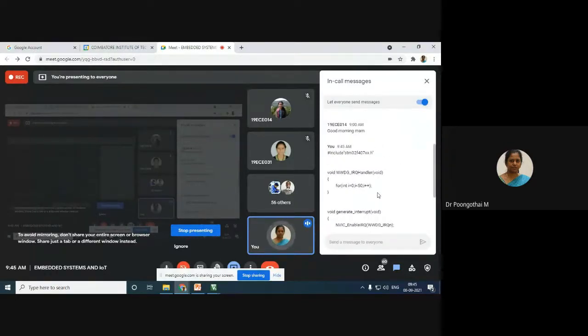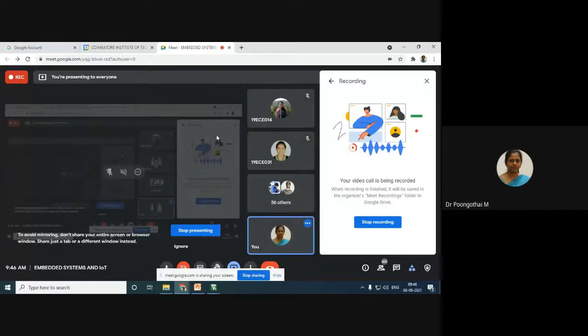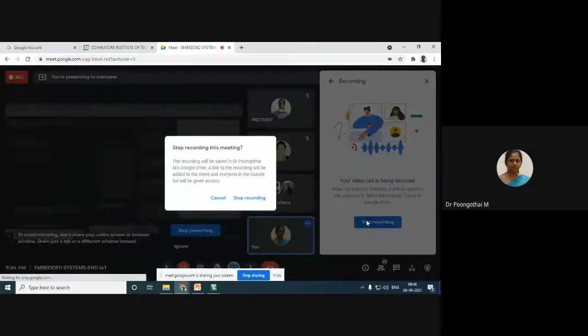Please note it down, it's a very important application. Using software, we can generate a particular hardware interrupt using Keil CMSIS APIs. Do you have any doubts? Next class we will see about